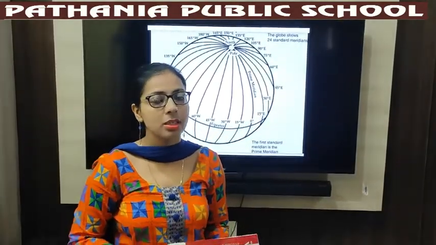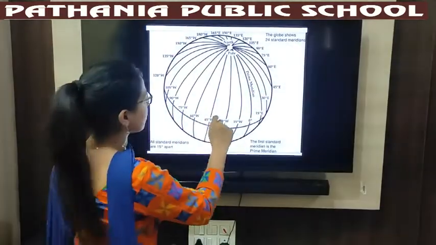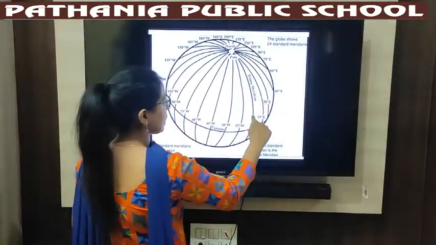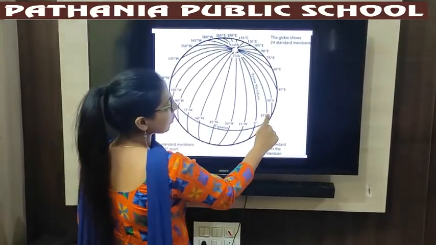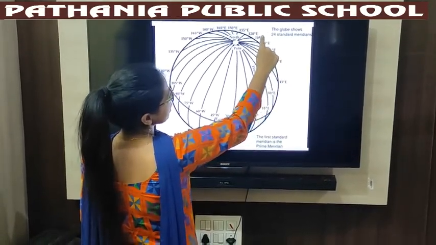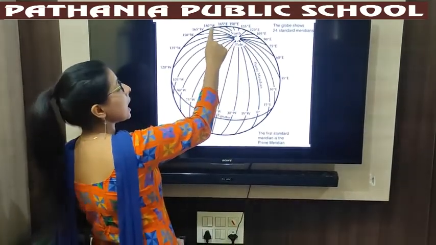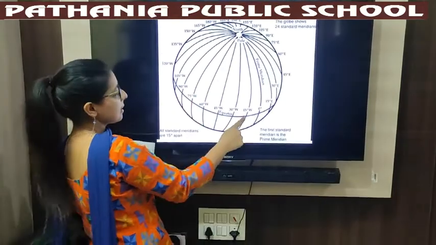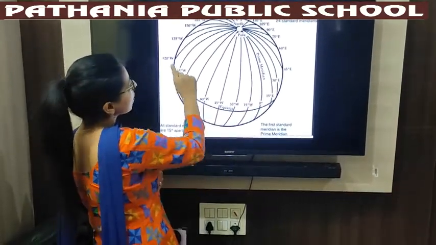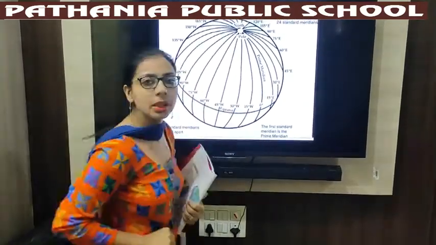So what was the secret behind that? Now I will tell you the reason. Look carefully at this diagram. See, this is my 0 degree. I am moving in my eastern hemisphere. Here is 15 degree, 30 degree, 45 degree east, 60 degree east, 75 degree east, 90 degree, 105, 120, 135, 150, 165 degree east, and then I have 180 degree west. And the same if I am moving in my western hemisphere, and here also 180 degree west. So where is 180 degree east?